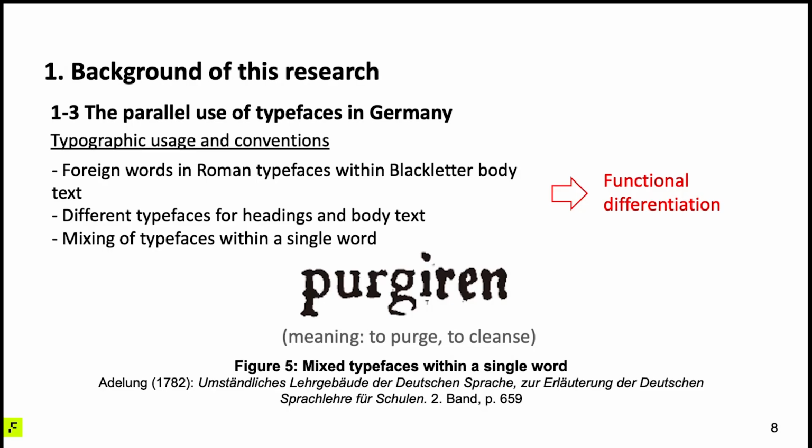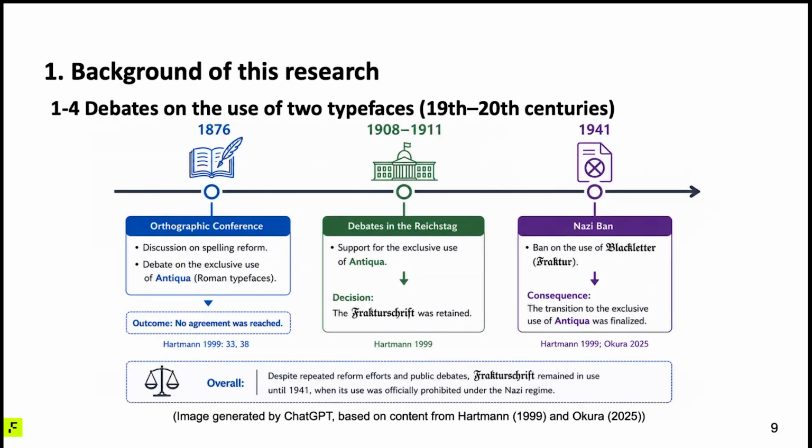As the German grammarian Adelung noted, words with foreign stems and German endings were sometimes written half in Roman typeface and half in Blackletter. This is an example of such mixed typeface use within a single word. Such coexistence of typefaces began to be formally debated in the 19th century. As you can see here, despite